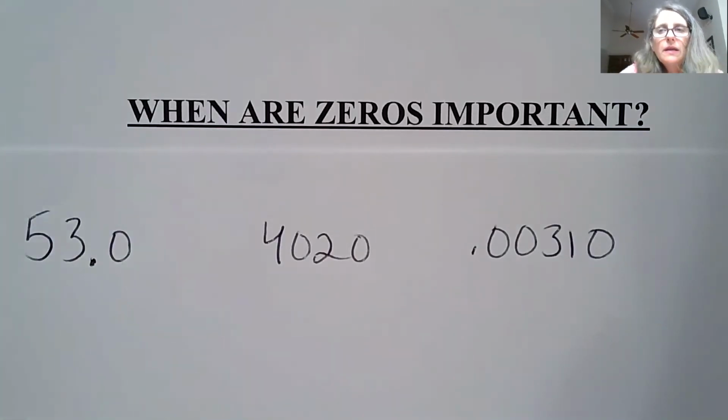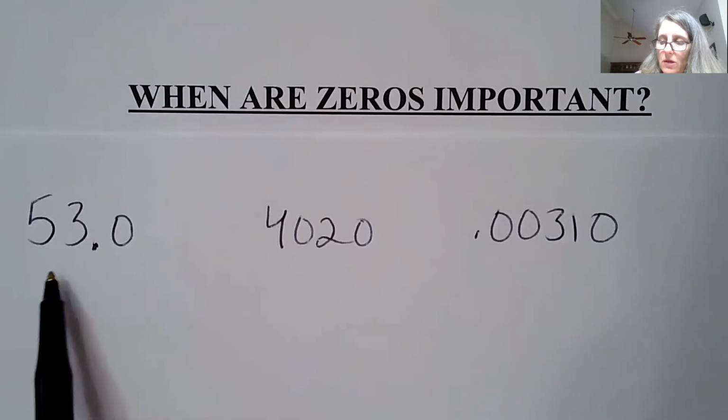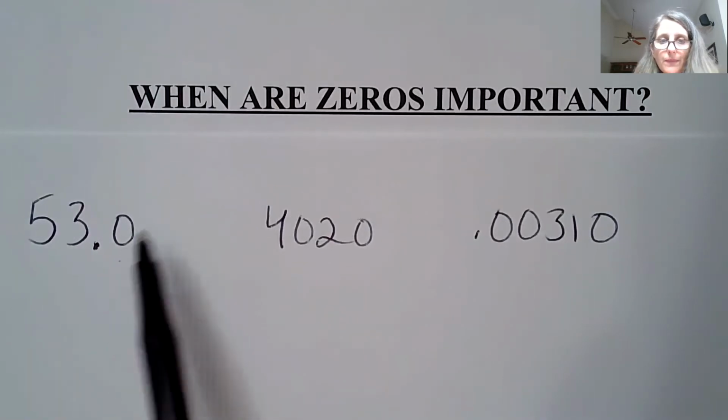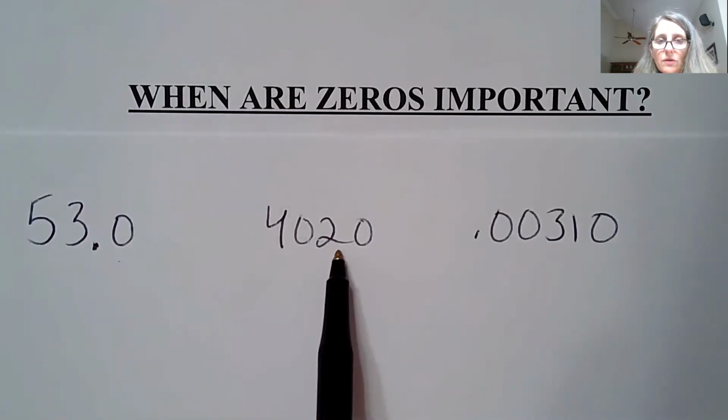So when we are taking measurements in chemistry, we are going to be encountering different numbers. And with these different numbers, we're going to have zeros in these numbers. So what we need to talk about is when do we need to pay attention to zeros and when can we completely ignore them. So if I have a measurement of 53.0, or if I have a measurement of 4020